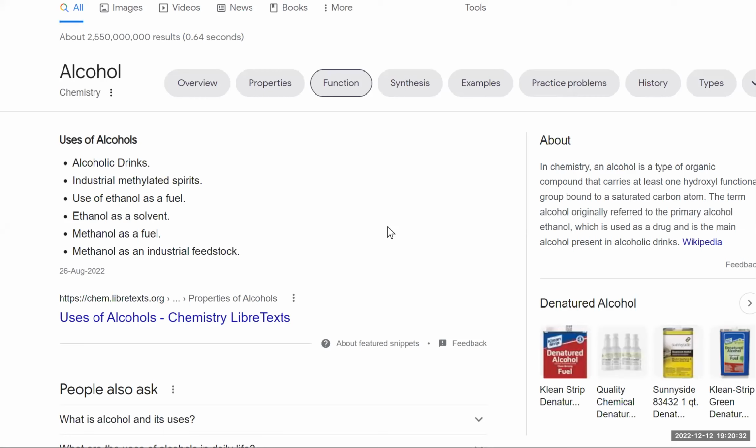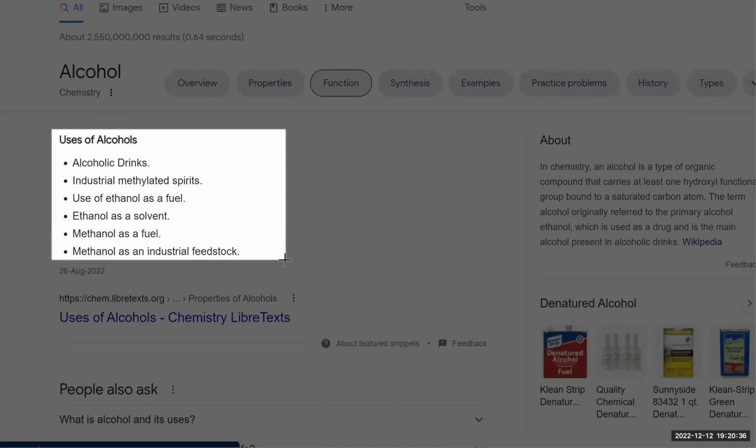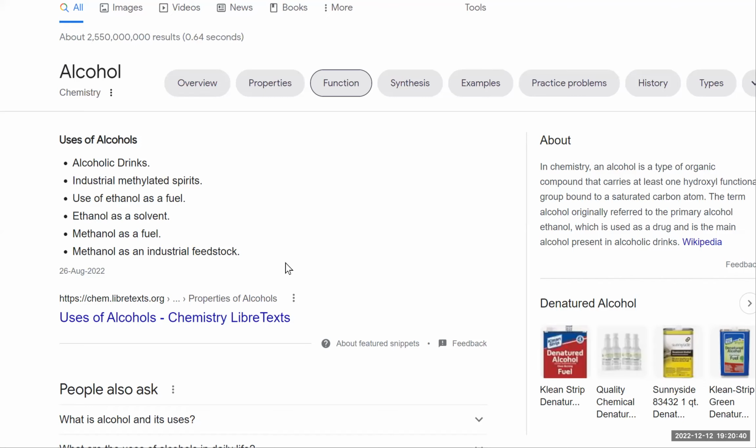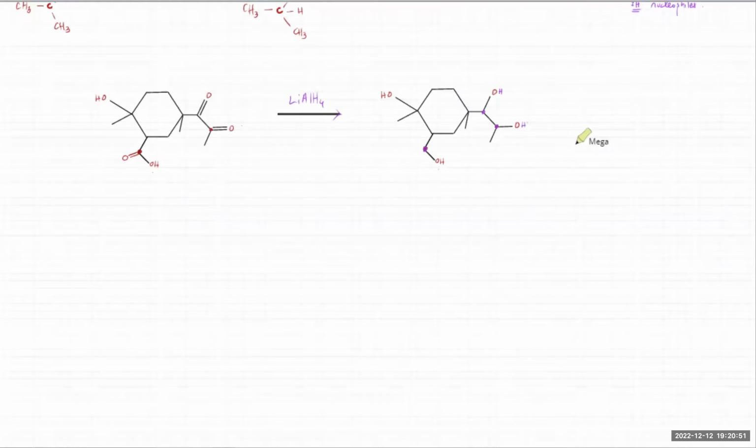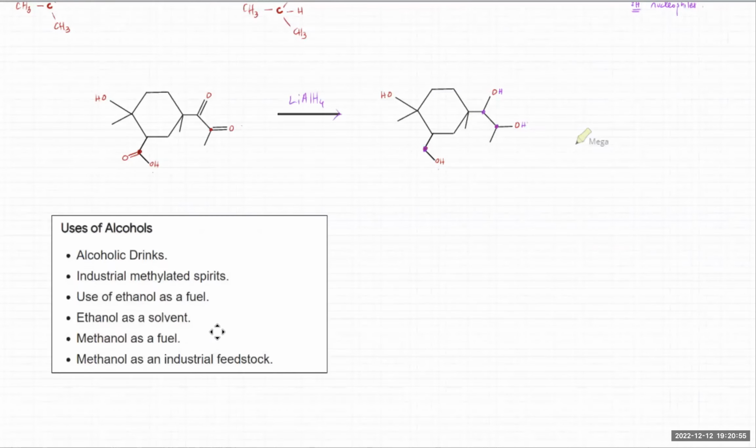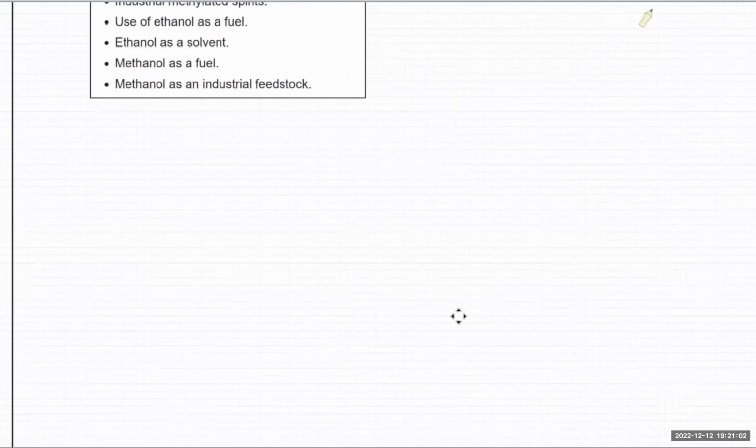So just simply copy that they are used frequently as solvents. Medicines and so on, feedstock. Okay, like basic chemicals from which you make different stuff. Okay, drinks, spirits, etc. Fuel, methanol is a fuel. Okay, all of these. So these have been added here, and so now